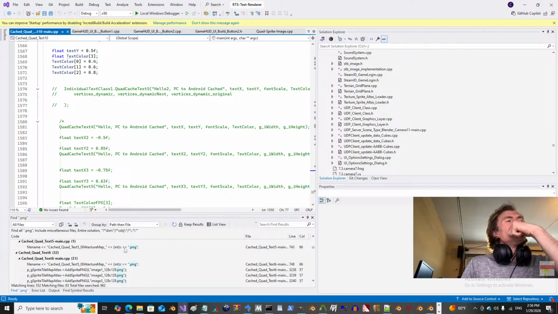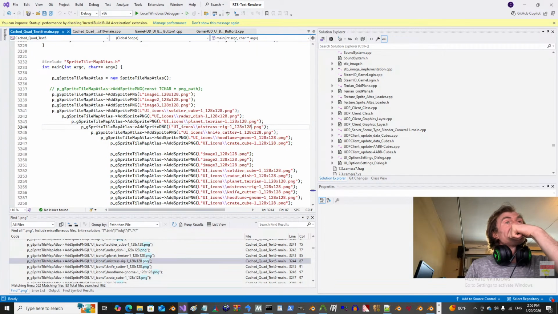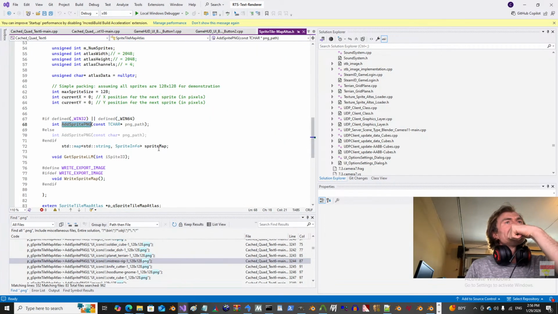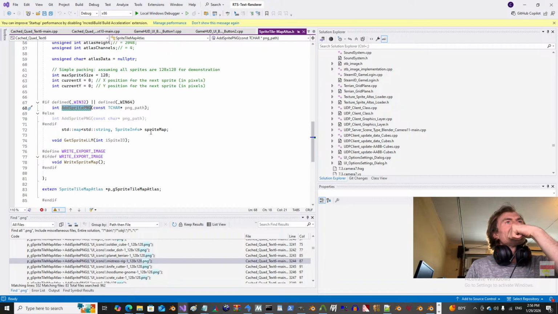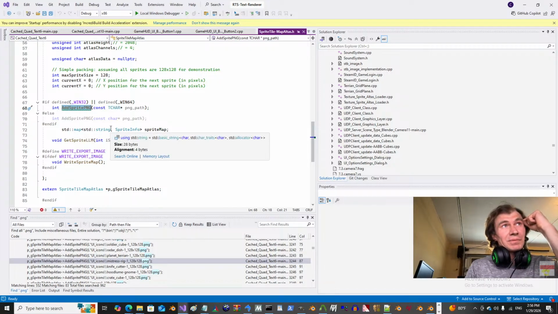Alright, version 6. When it added PGN sprite, it made a map of this. Yeah, it had this SDE map string